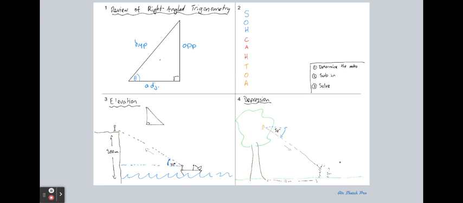I'll keep it zoomed out now, and you can see we've got a couple of examples coming up. The ratios that we use are opposite over hypotenuse, adjacent over hypotenuse, and opposite over adjacent. And based upon those definitions, we use that particular notation, which should not come as a surprise to you. So S stands for